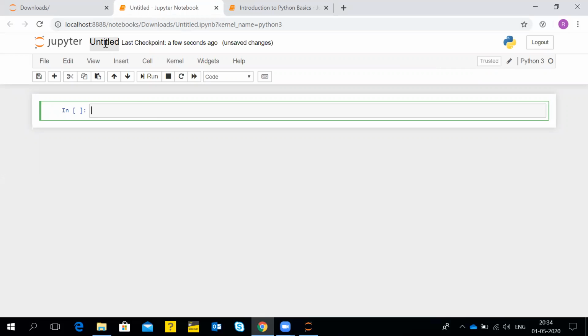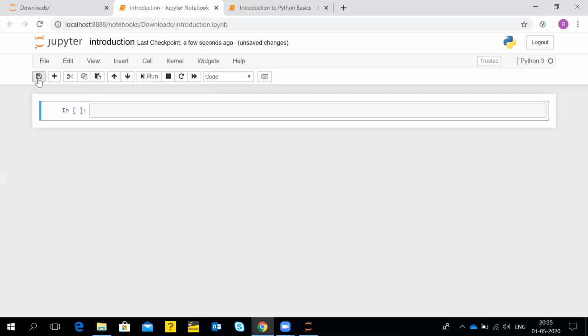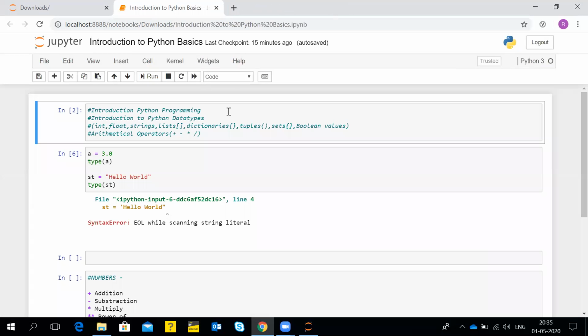Here you can rename the file by clicking and typing whatever name you want. These are the save buttons, and Shift+Enter is the command through which we can execute a program. I will tell you more about this in our already created file, Introduction to Python Basics.